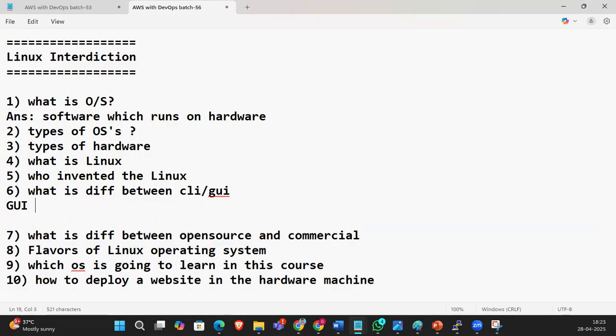GUI means graphical user interface, like Windows. So Windows is a GUI.